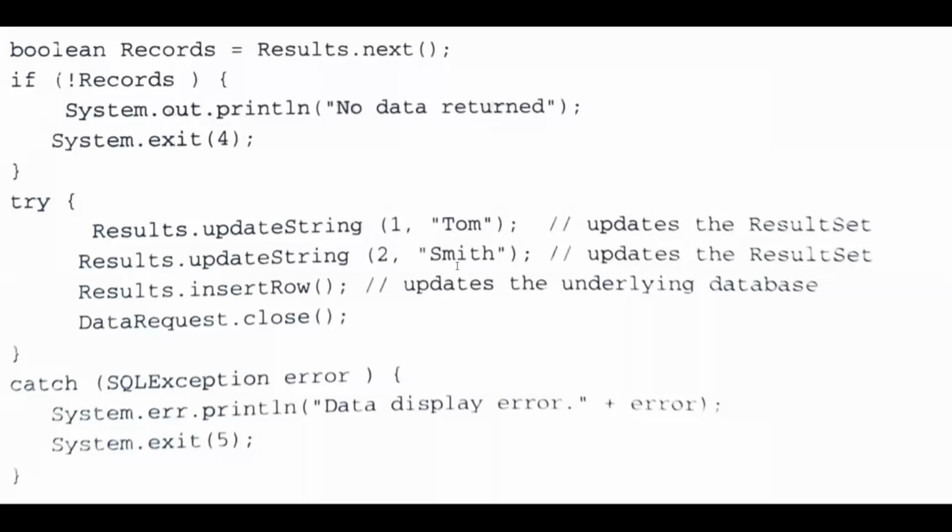So this Tom and Smith will get inserted as a new row here. That will update the underlying database.